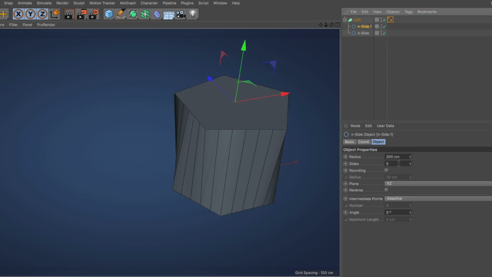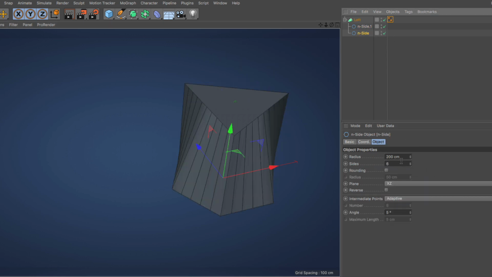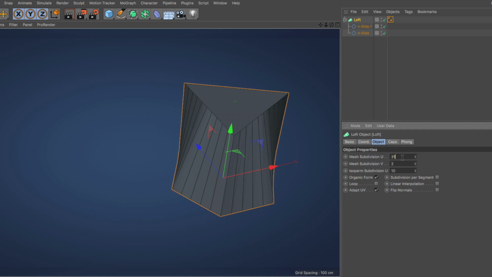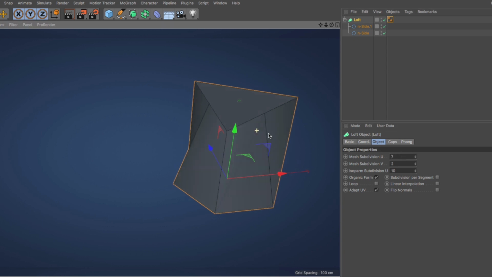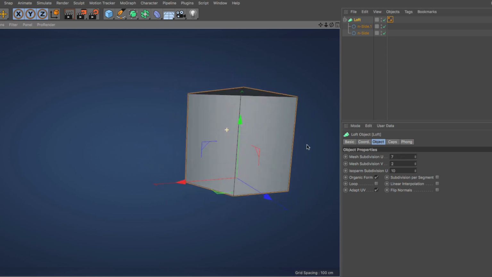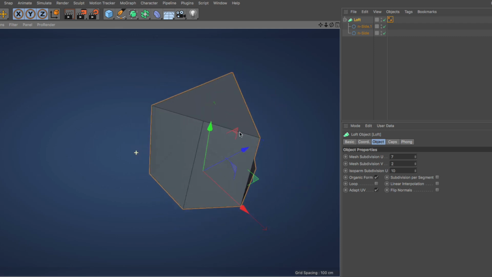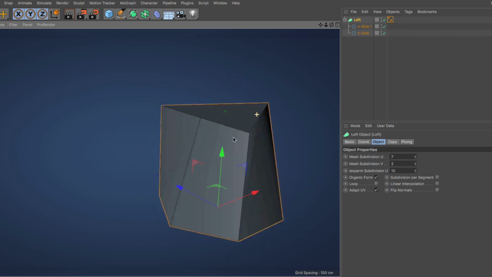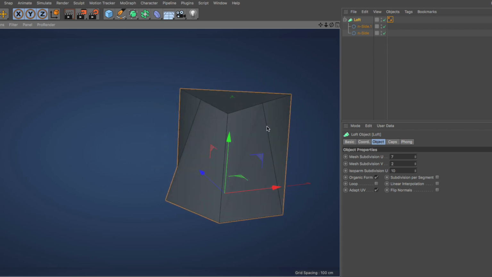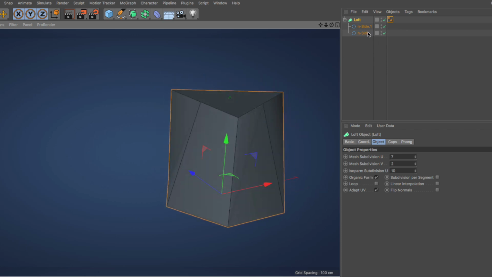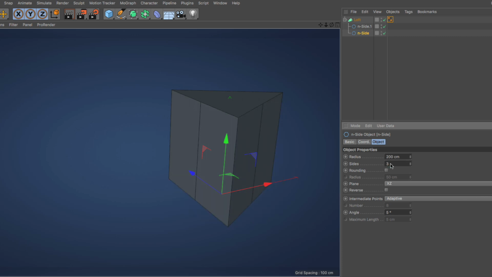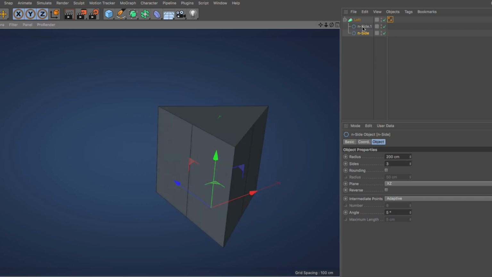For example, what if this was a triangle and this is 6-sided? Well, 6 is a multiple of 6 because 1 times 6 is 6, and 6 is a multiple of 3 because 2 times 3 equals 6. So if I put here 6 plus 1, that is 7, then we're going to have exactly the same perfect result. So don't forget that you can use this simple mathematical expression in order to create these seamless transitions between objects. So for example, if I was going to make a triangular shaped bottle and I wanted a round neck,